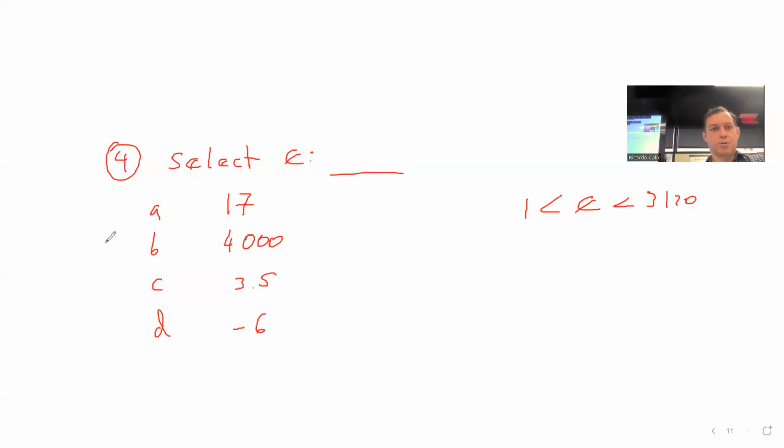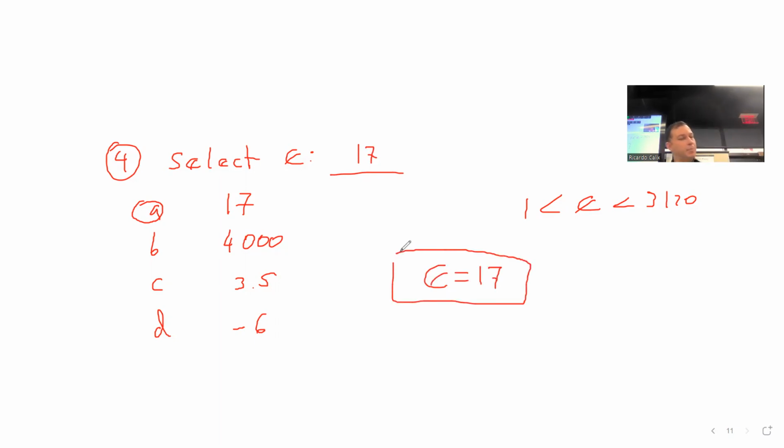So your answer should be A or 17. So we can say that E is 17. Make sense? All right, so we've got that parameter. And then D, you already know, it's an equation given. Sometimes you see it in the form of something called congruency, but don't get confused by that. You can just use this equation, which is very simple algebra